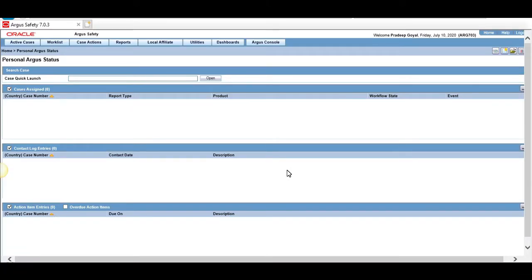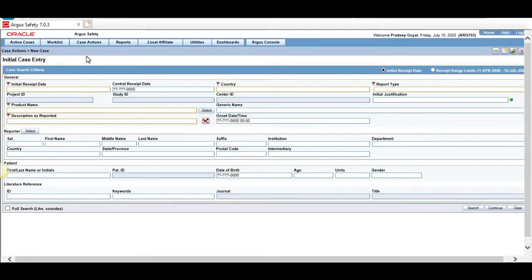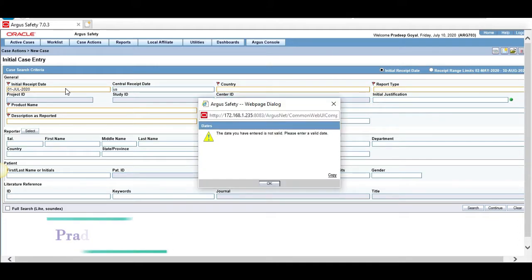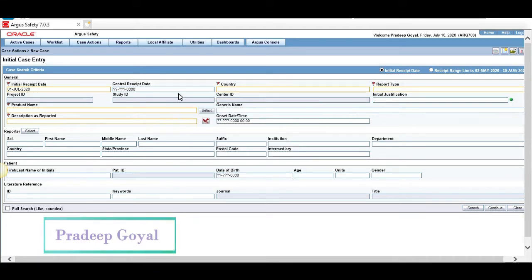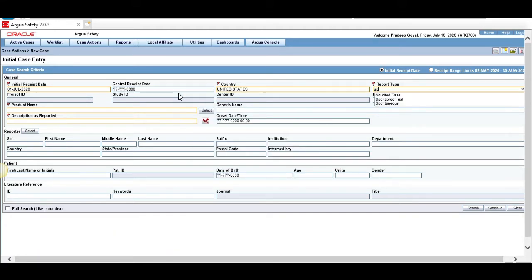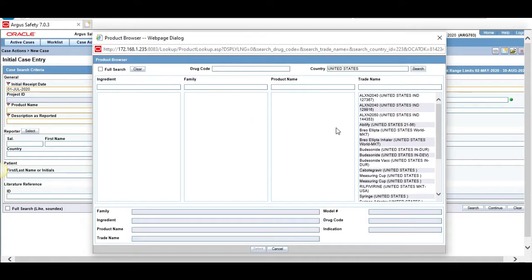So let's get started. The first thing that we are going to do is start by creating a fresh case. Let's go to case action new. We will select any product from the product browser.